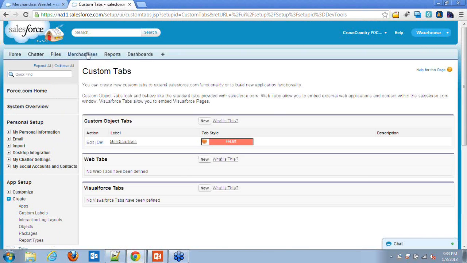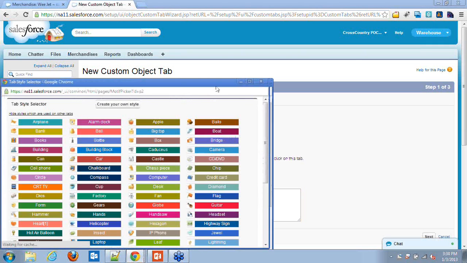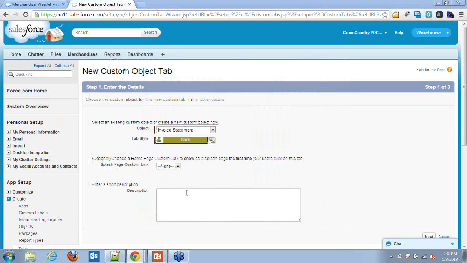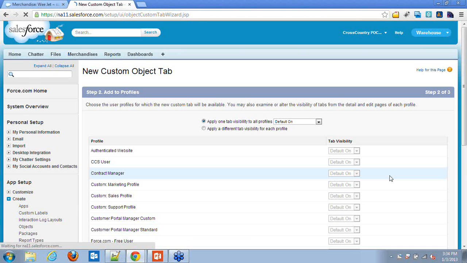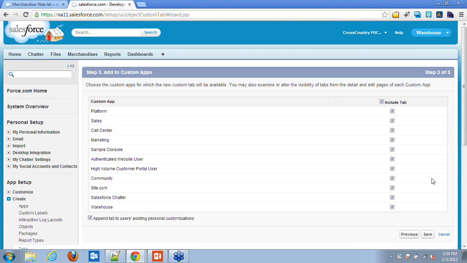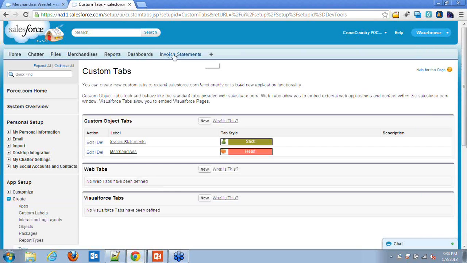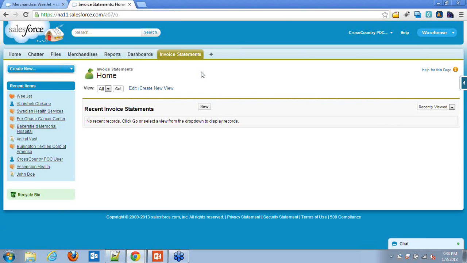Let's create a tab like this for our invoice. So select the object we have just created, and what style you want to apply to this tab. And you can see the invoice tab here. Okay.